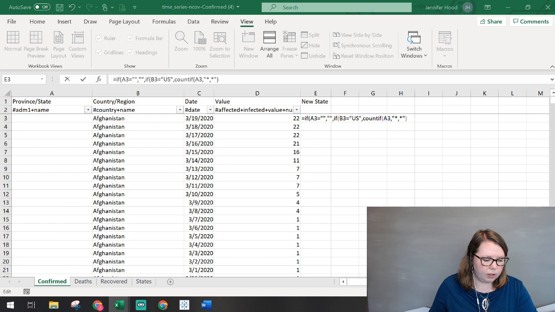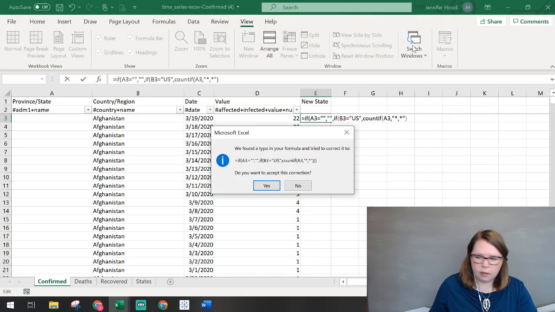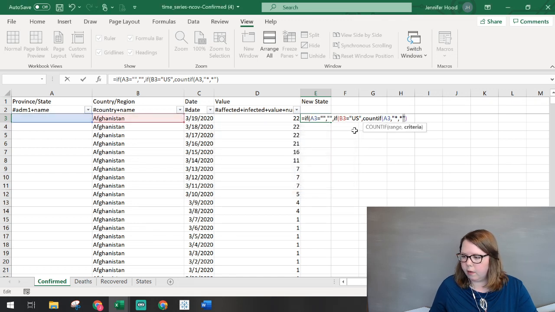Okay. So then the next thing we need to do, we've counted if it's there.